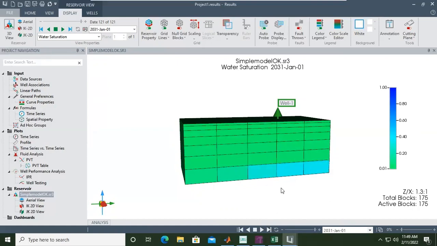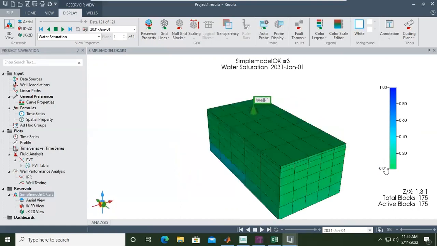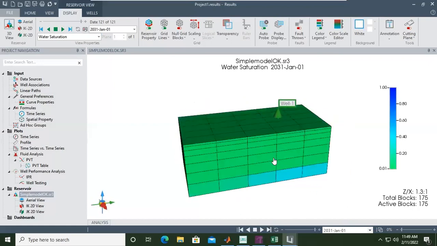But usually in real life, as you go to production, the water saturation will be higher and higher. For example, the third layer, fourth, five, six, seven, will be filled with water after several years of production. But in our setting, this is not the case.